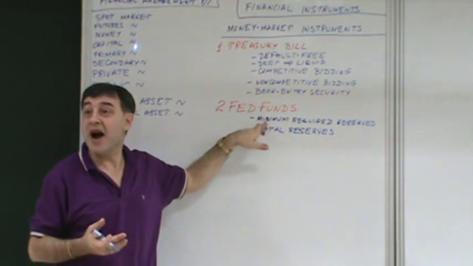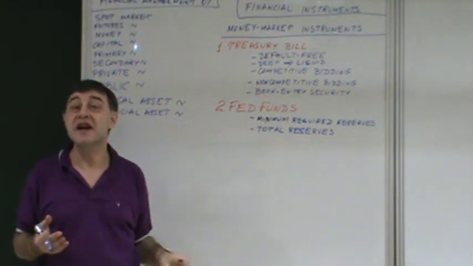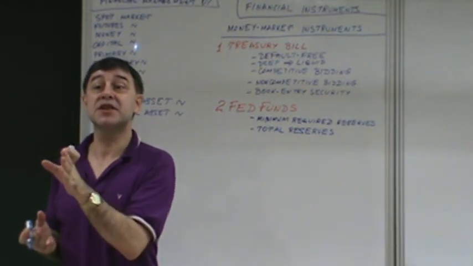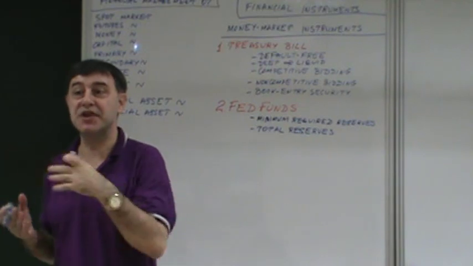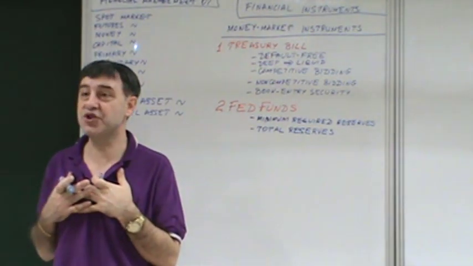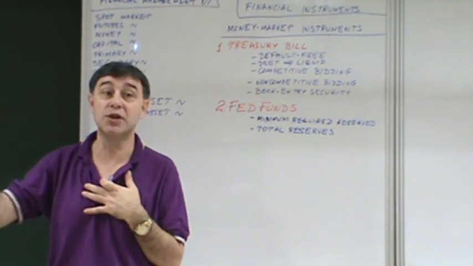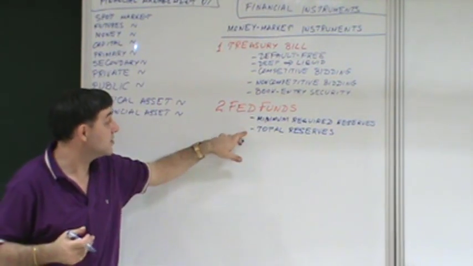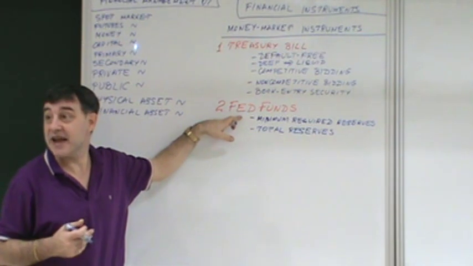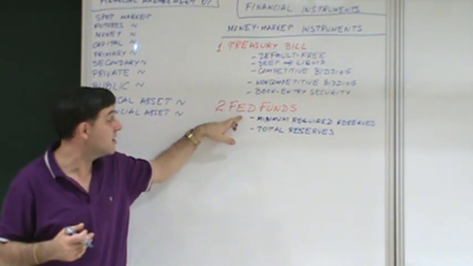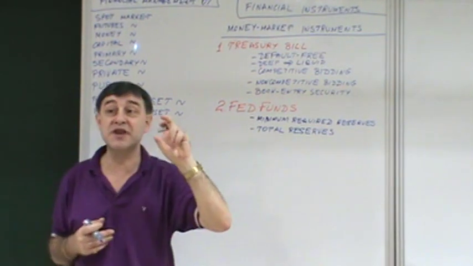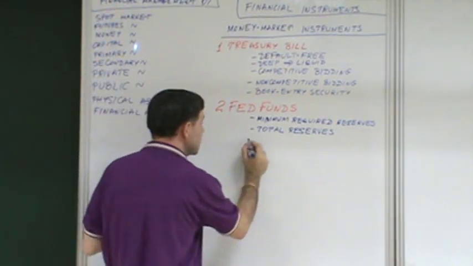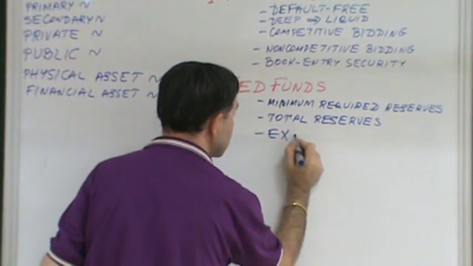Minimum required reserves are the reserves that they must have, as required by law. The reserves they must have, which they must maintain because the law requires them to maintain. And now comes the next little piece. If you have, let's say, minimum required of 9 billion, but you actually have 10, the difference between what you have is called excess reserves. Excess reserves.